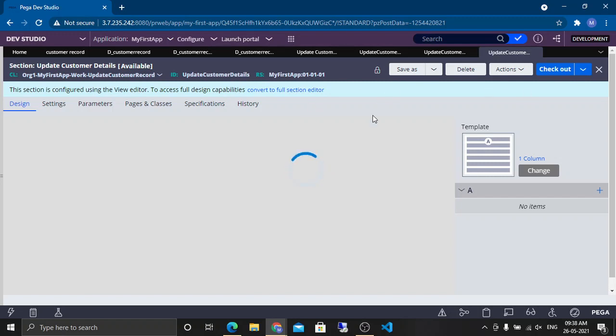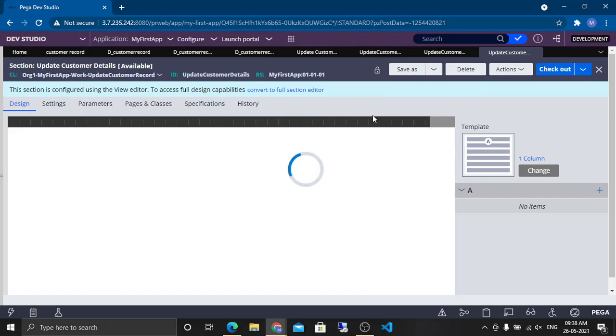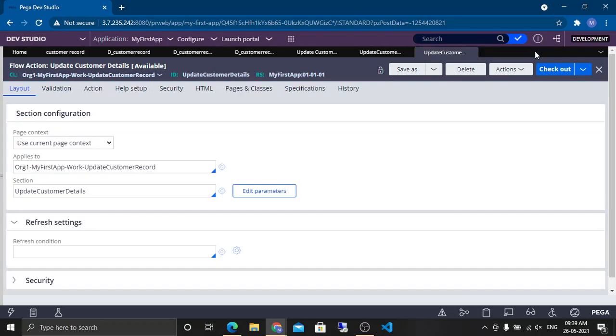If you want to avoid creating the flow action and section by yourself, okay, because you have learned how to do that, now we can try to reduce the work as well because you know the underlying rules, right? First, we need to see how everything is getting created, how mapping is being done, and then we can try to use the shortcuts. When we are comfortable here as well, then we can switch to App Explorer and reduce more work, right? So, okay.